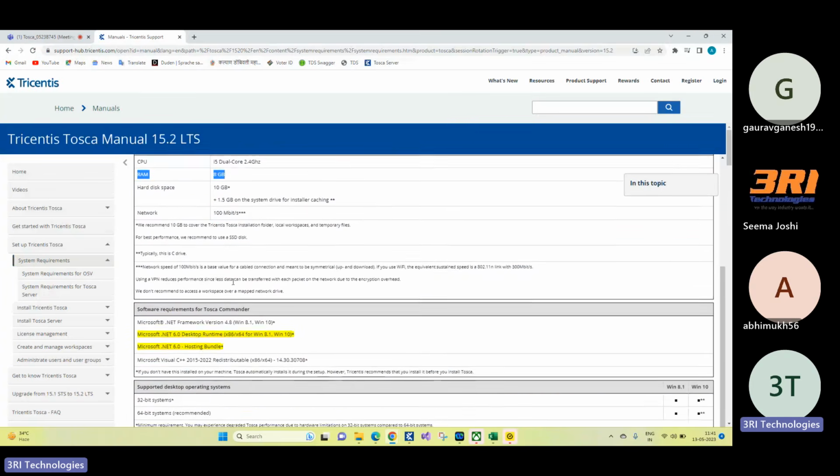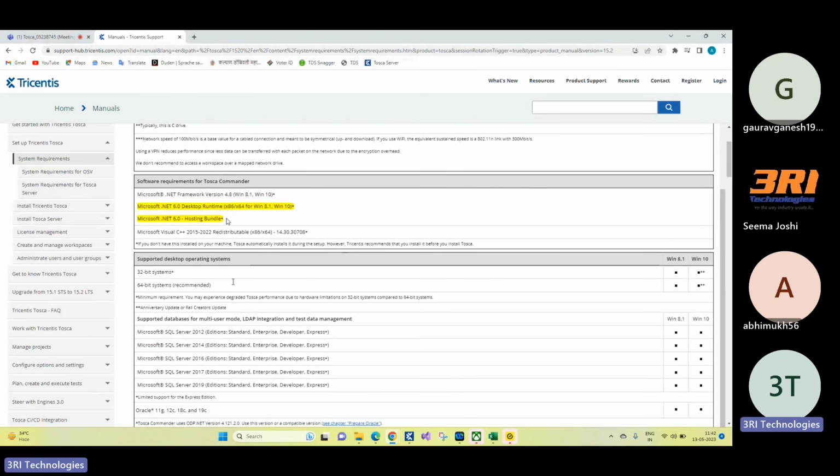8 GB RAM. The .NET framework will come into the picture when you are exploring SATs, special execution tasks. You have to have Visual Studio installed, and you also have to have a proper .NET version. Whenever we build something, like DLL files, we have to select the same .NET framework.